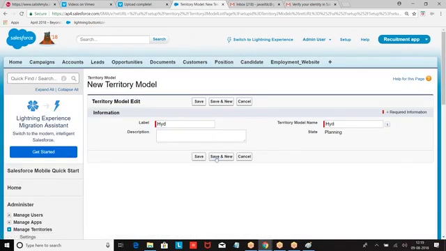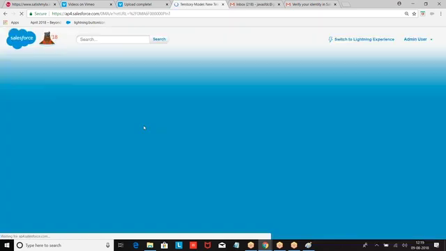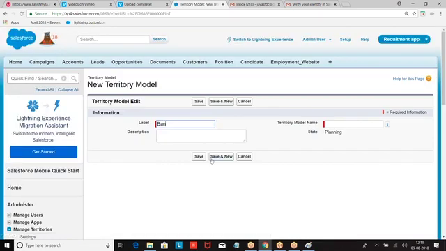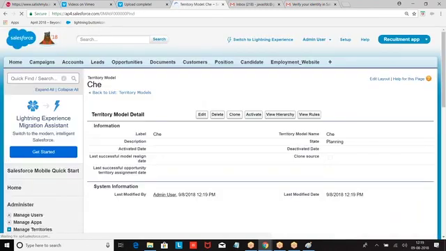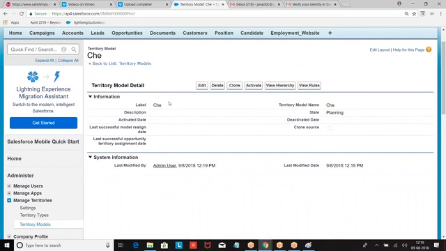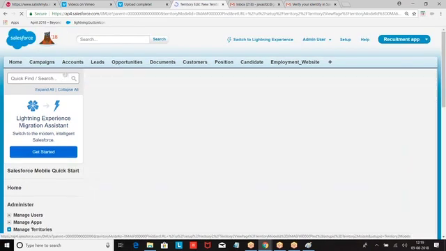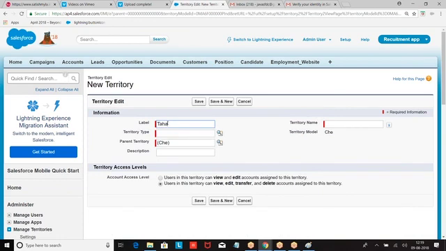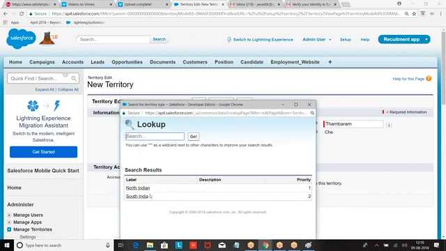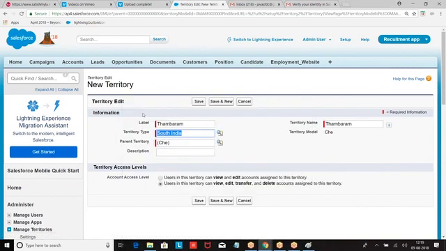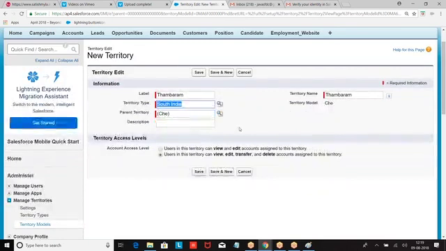Model of Hyderabad. Now we are going with Chennai territory. So we want to see the territory model of Chennai. Under Chennai, I am creating Tambaram. So in the South Indian Territory, we have Chennai. Under Chennai, we have Tambaram.